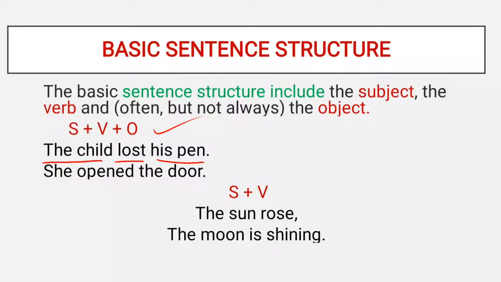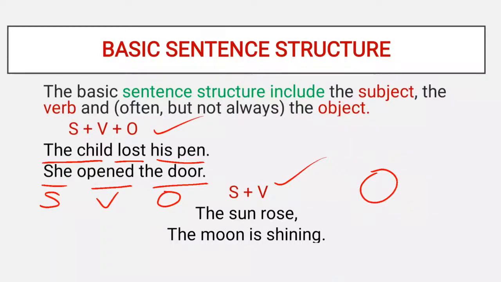Similarly, she opened the door. Here she is our subject, opened is our verb, and the door is our object. Whereas other sentences have the pattern subject plus verb. It means there is no object. As you can see in the example,